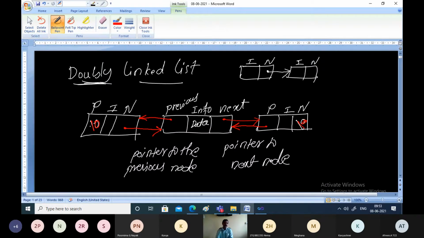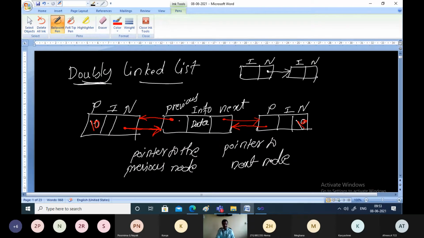Because for this node, there is no previous node. For this node, there is no next node. So basically, this is how the pointers will look. And the usual practice, whenever you are drawing pointers, is that if the pointer is starting from somewhere, you take it from the center of that box inside and point it to the edge. The arrow should not enter the box. That is the usual practice, but you can write it in whatever way you want. But the usual thing is to try to draw the pointer from inside.